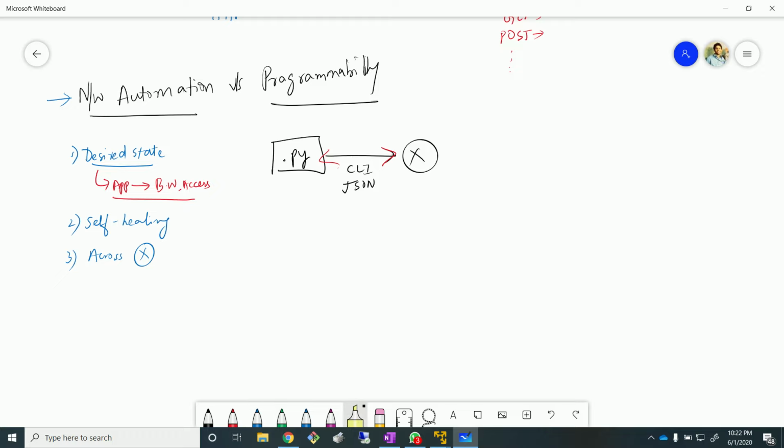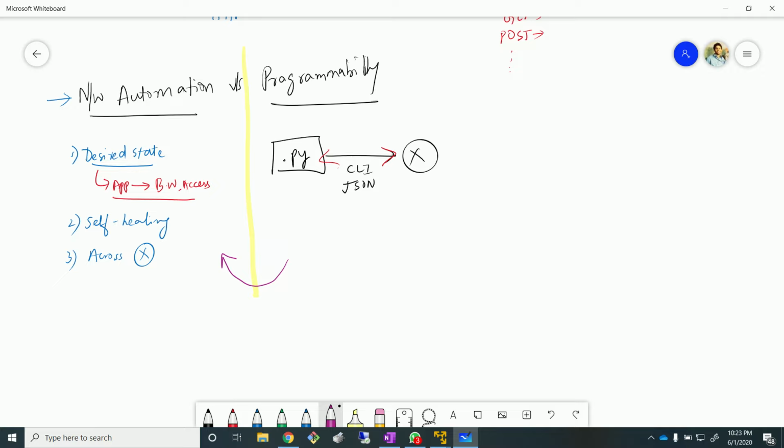This is why I wanted to put this piece out here, because in our day-to-day instances, we generally do program. We concentrate a lot on the network programmability aspect, because we are always interested in understanding how I can interact with the device. But I think there should be a major switch from this thinking towards this. Because this is important, but along with this, when you talk about network automation, you need to think about how intelligent you can build your script or a tool so that it can do most of the work for you,